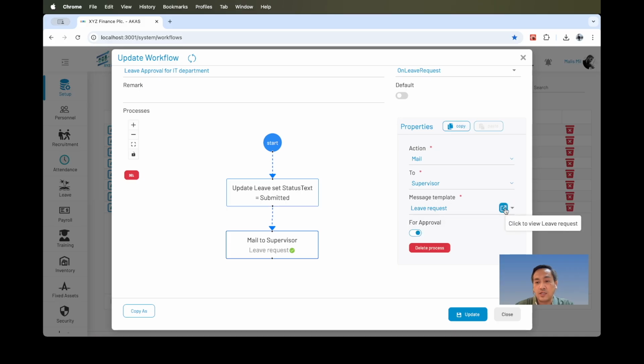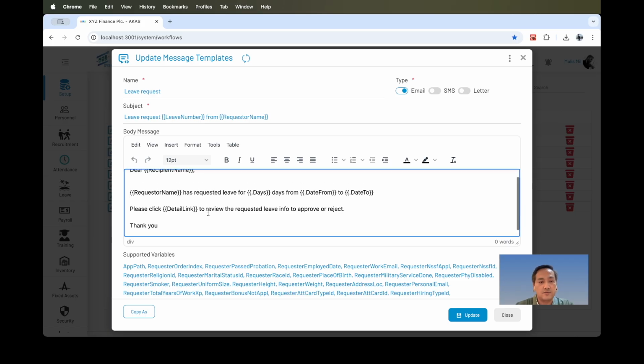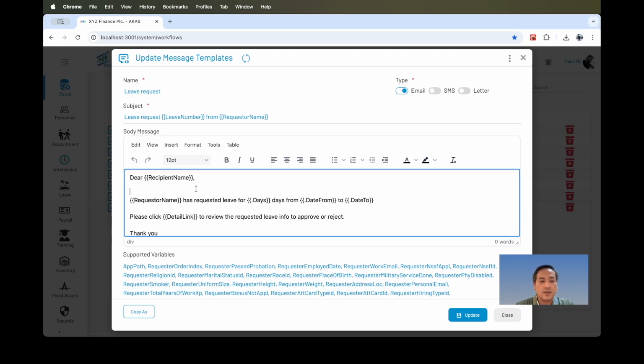For this, you can click here to show the message template. This is the subject and you can freely edit the subject and the body message. However, now let's keep it here.